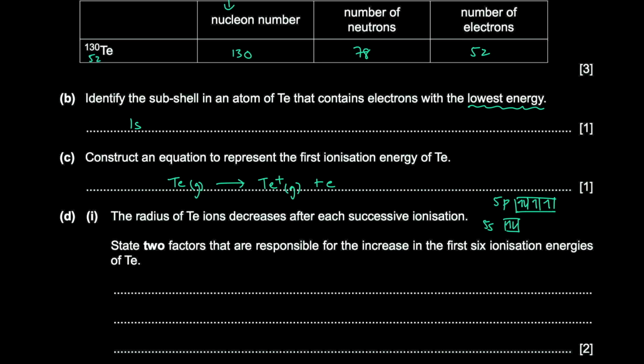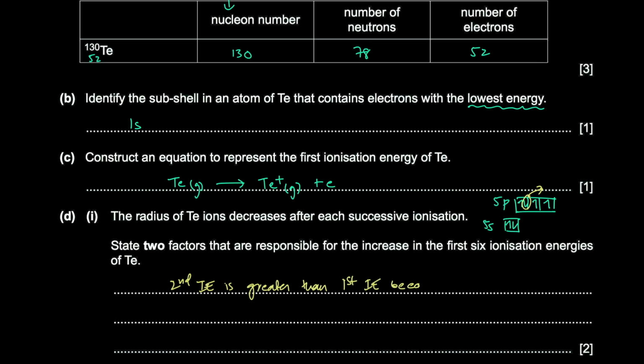Now the first electron we're going to remove is this paired electron. This is going to be the easiest to remove because it's experiencing spin pair repulsion. We have a pair of electrons in the same p orbital. So that will be the first electron that's removed. So we can say that the second ionization energy is greater than the first ionization energy,